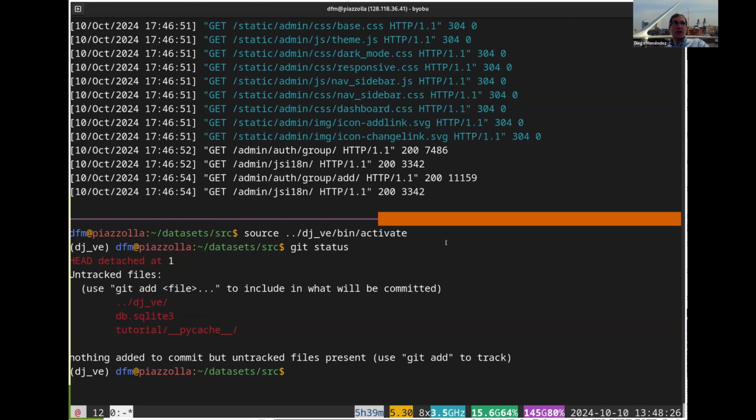So it looks like there are things that are untracked now. And this is the Django virtual environment that we created. There is also this DB SQLite 3, and there is this PyCache directory. So let's do one thing. Let's move to the top of the directory